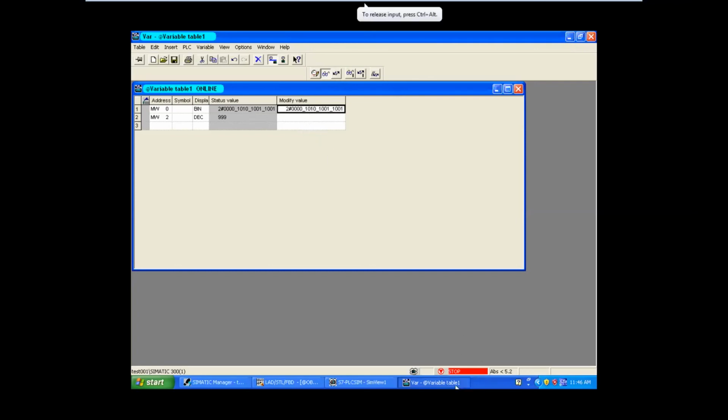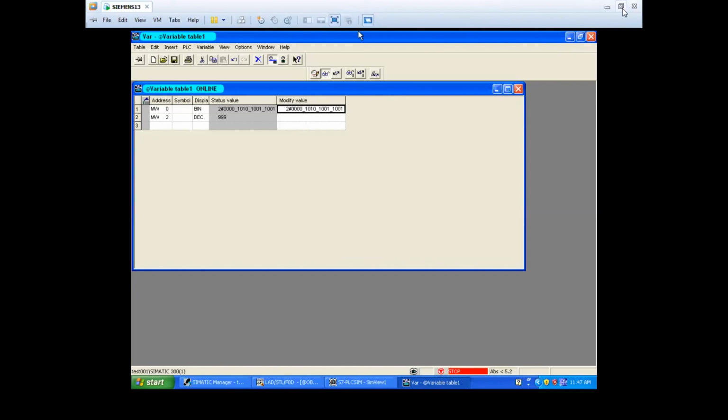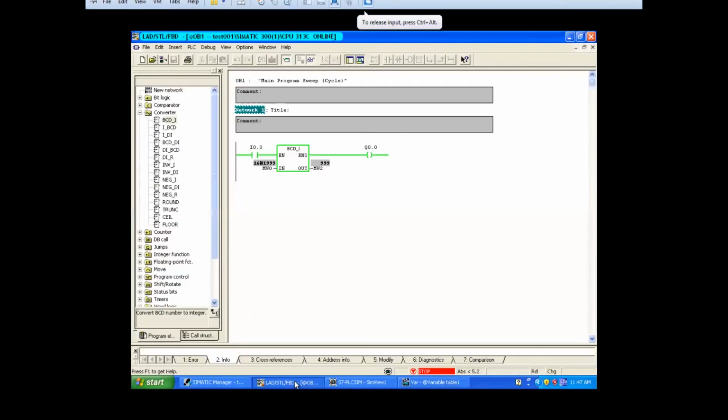Your PLC is stopped. So this is what happens if you give a larger value. If it is beyond the limit, the PLC will stop. So the maximum value you can convert in BCD to integer is 999 only.